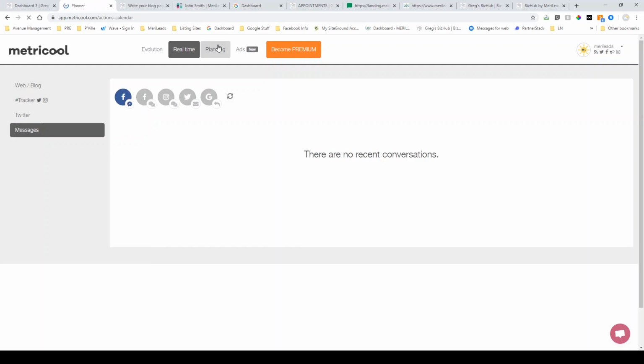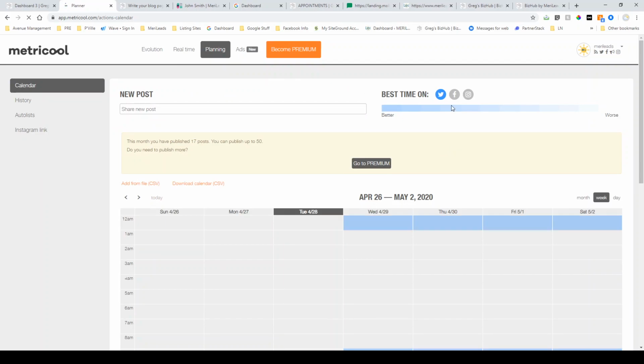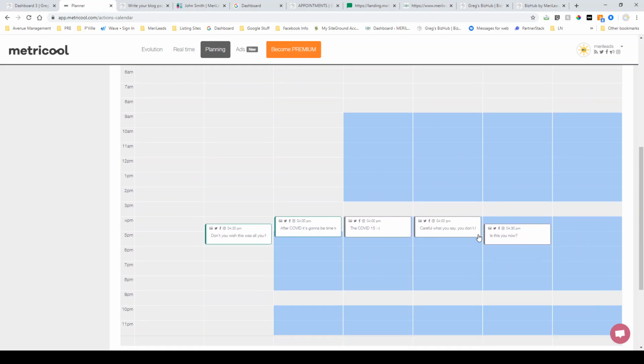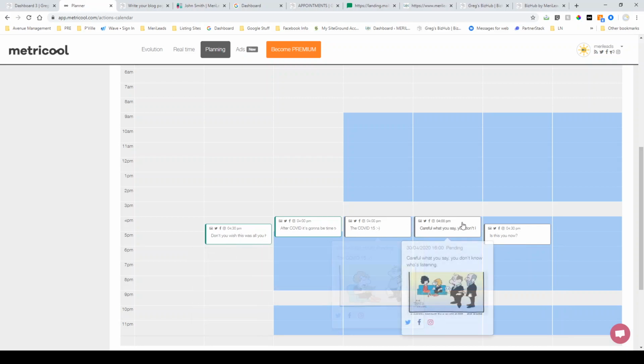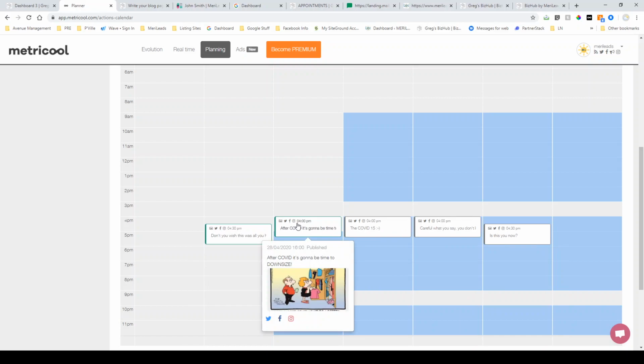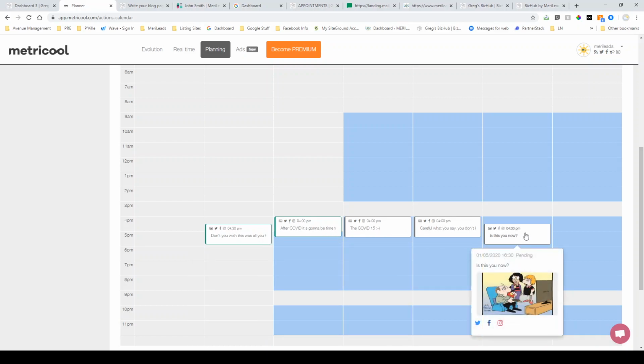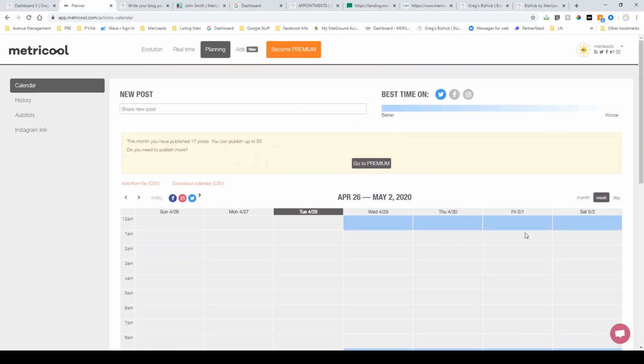And then there's planning, which tells you the best time to post, and then it enables you to post them in advance. So you can set up your posts in advance. We send out jokes every day at around 4 o'clock. So I've got them set up for the week. I don't have to deal with them. They're going out, and it sends them out to Twitter,